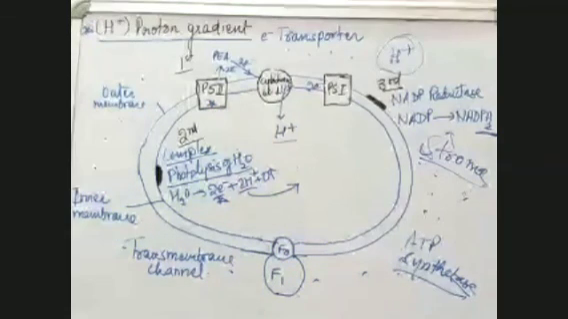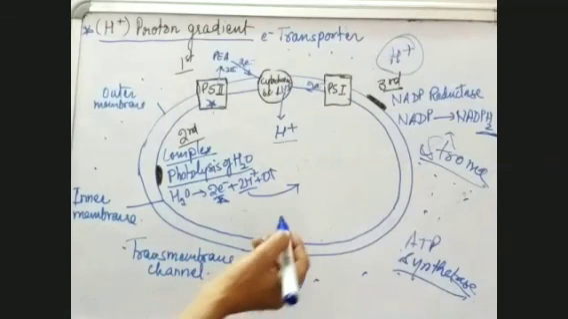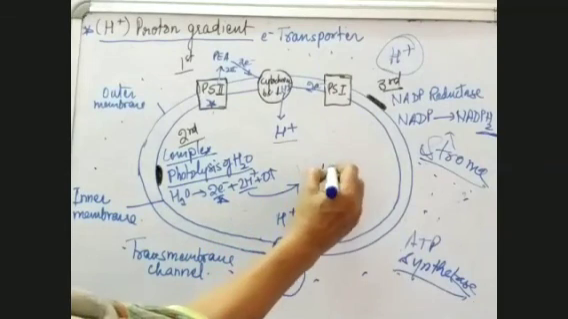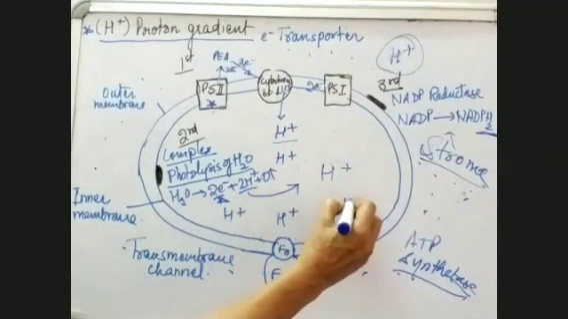Now what happens? Through this transmembrane channel, which is F0, the protons which are more in number inside, because